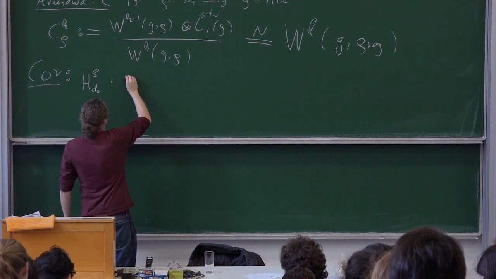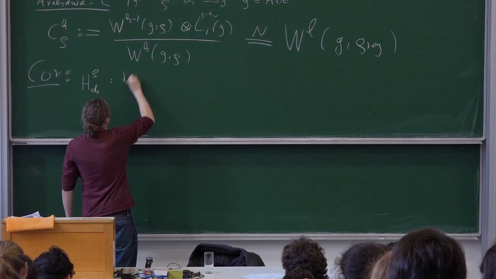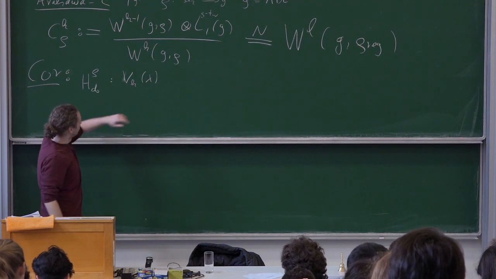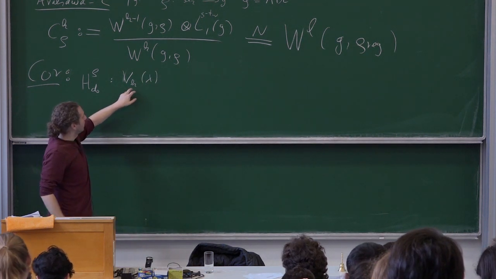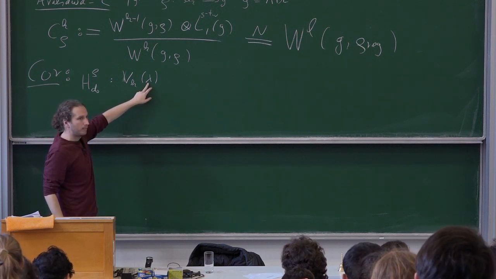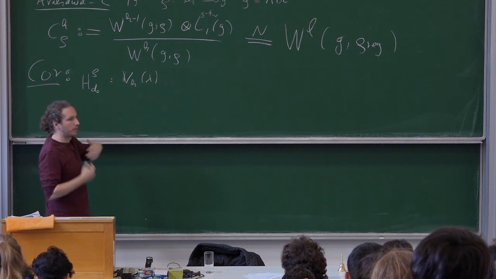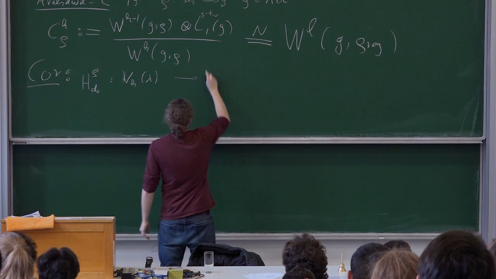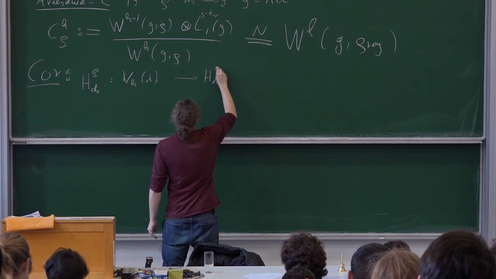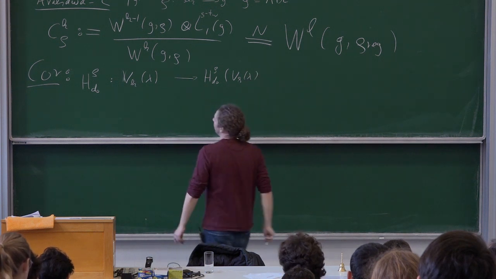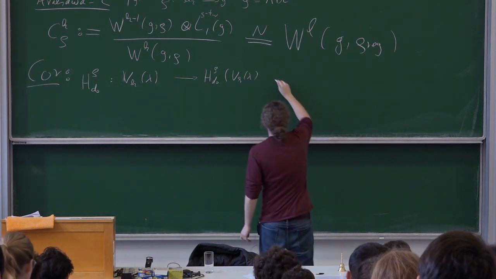Let's call it in general V_k of lambda. By this I mean the module of the affine vertex algebra that has highest weight lambda. So just a highest weight module for the affine algebra, then this maps it to the corresponding W-algebra module, which I just call like this. So this map lifts